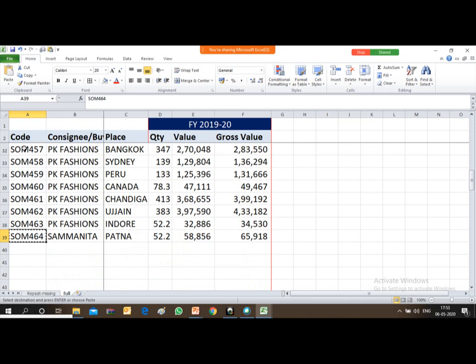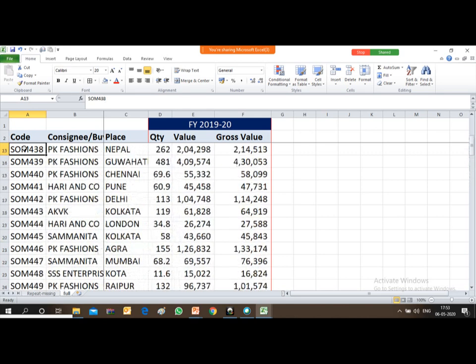So let me just show you how it will look. If I repeat the same code again, you see both the cells are highlighted with pink color. It means the system is showing you that some duplicate values are appearing over here. So now I delete it. That pink highlighted cell is removed. Pink color is removed. It means there are no duplicate values over here.